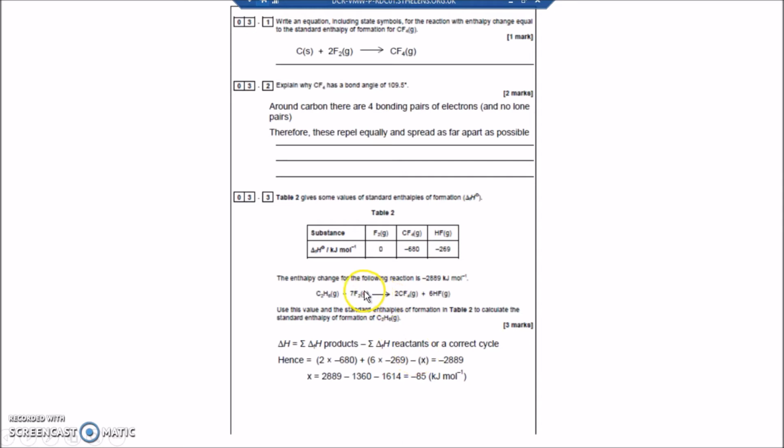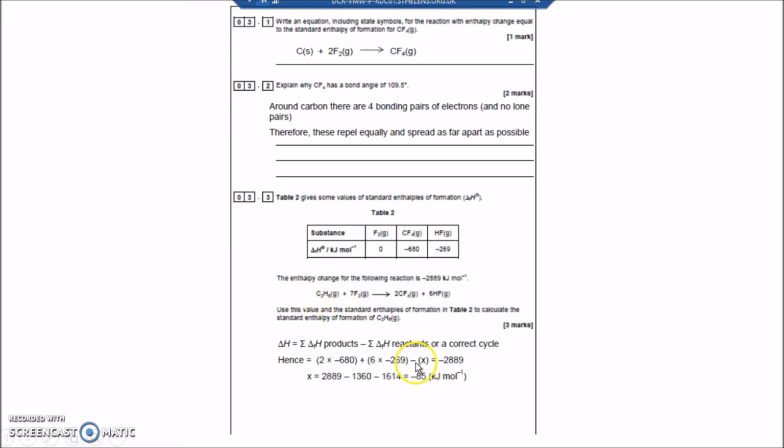Take away the enthalpies of formation of the reactants, those on the left hand side. 7F2, F2 is 0 because it's an element, it's already as an element, so there's nothing to form there, so that's 0. Take away the enthalpy of formation of C2H6, which we haven't got, so we'll call that X. So we take away 7 zeros, which we can leave out, take away X, which is going to be the value of the enthalpy of formation of